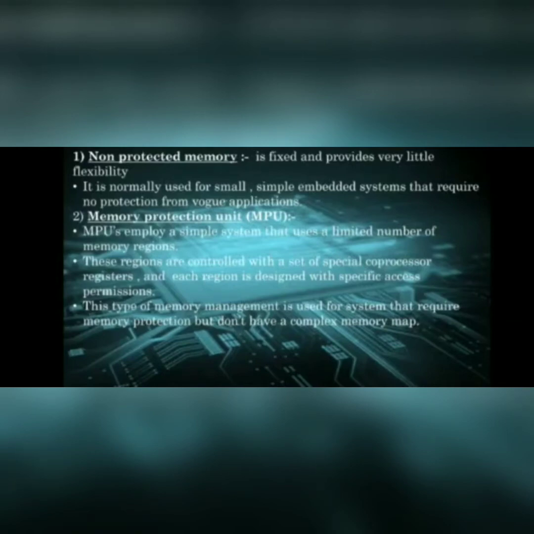Next, here is the second one, Memory Protection Unit, MPU. MPU employs a simple system that uses a limited number of memory regions. These regions are controlled with a set of special coprocessor registers, and each region is designed with specific access permissions. This type of memory management is used for systems that require memory protection but don't have a complex memory map,